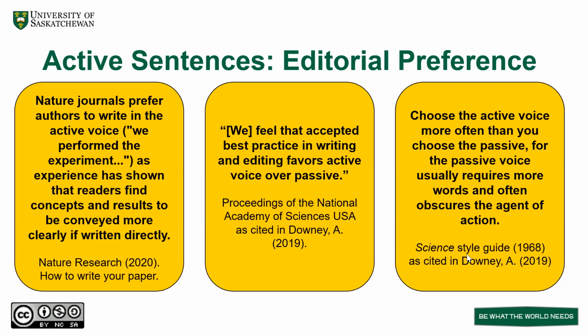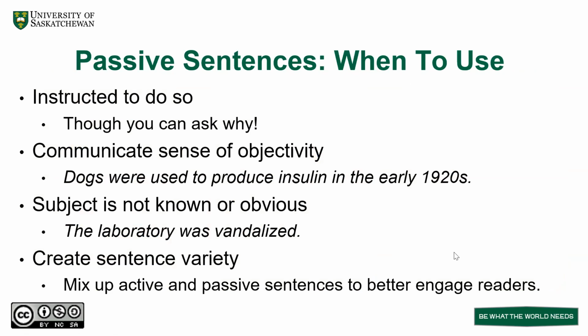So Nature journals prefer active sentences. The Proceedings of the National Academy of Sciences, they prefer active sentences. Likewise, Science, all the way back in the 1960s, was saying we want the active voice,